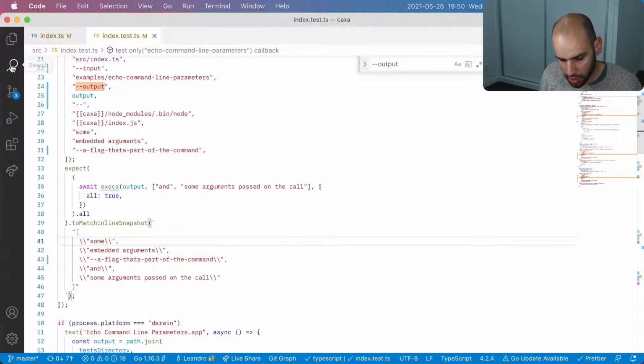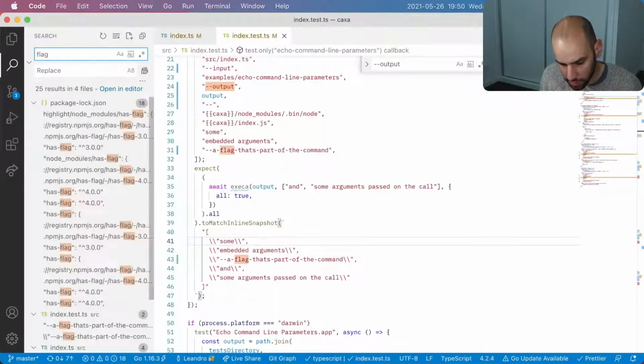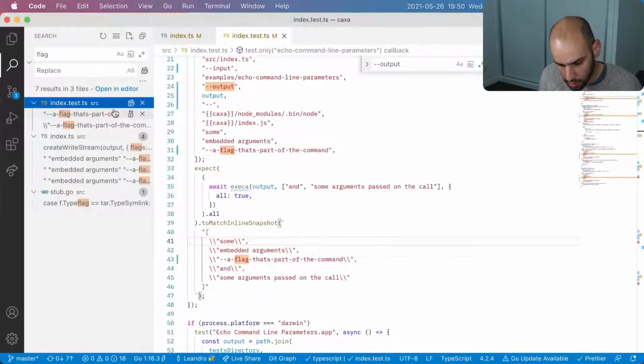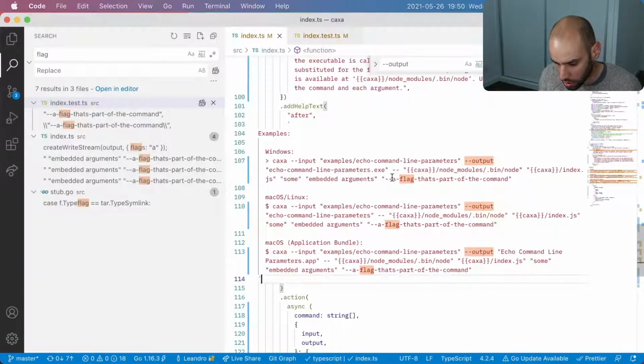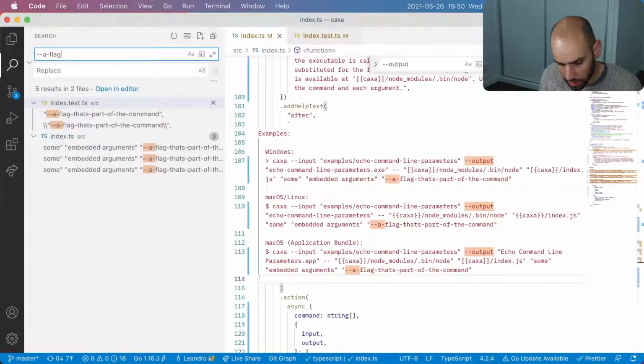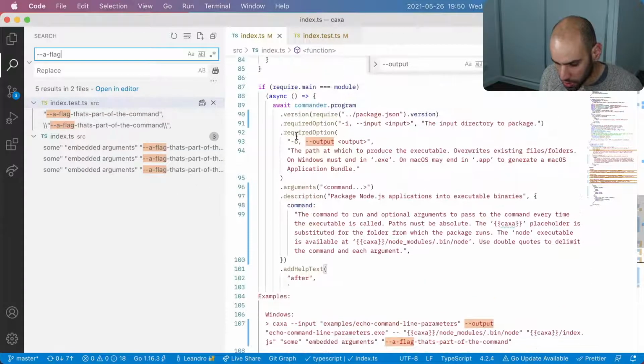You know what? I'm going to change every occurrence of flag to not a flag, but what is the language used here? Option.